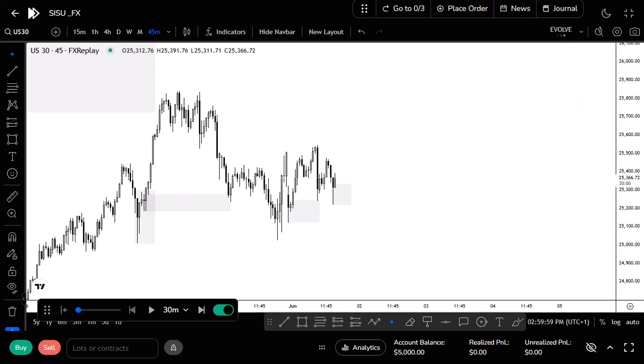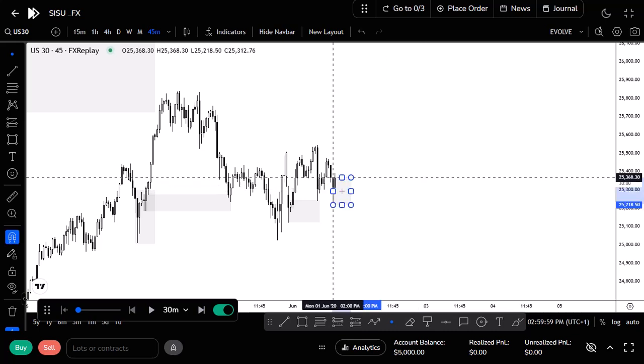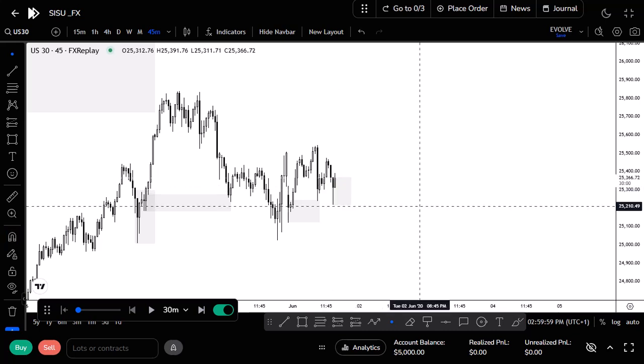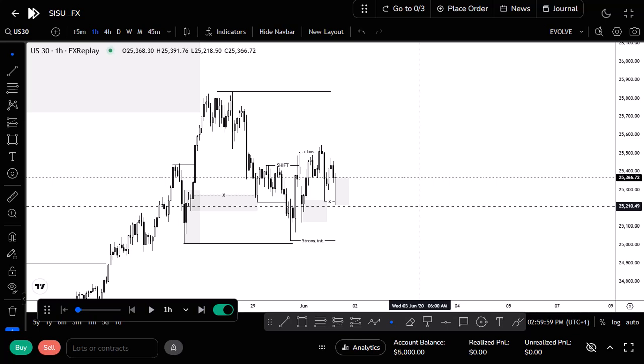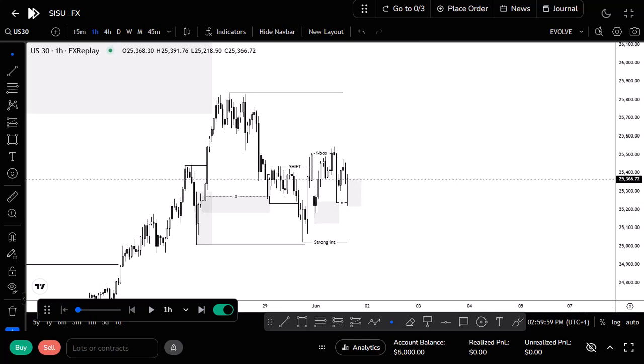So I think I have something interesting here, right? This candlestick, this particular long candlestick. And lastly, the 1 hour time frame, to check if I have something interesting in that time frame. So I won't just set a limit order and be hoping for price to come and tag me in, and at the end of the day everything will just go in my direction without anything. So yeah, we are good to go.